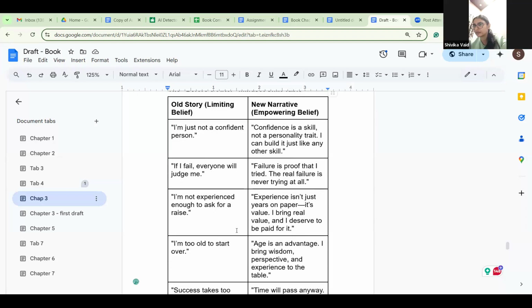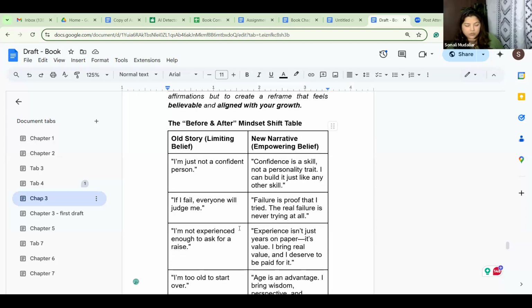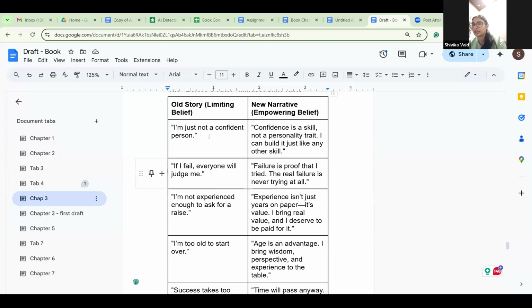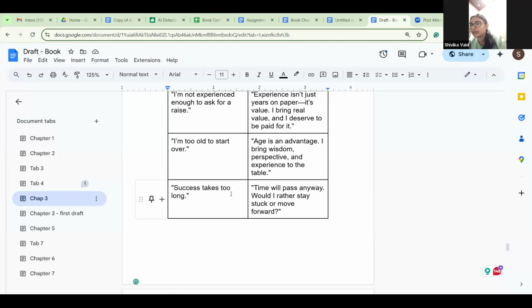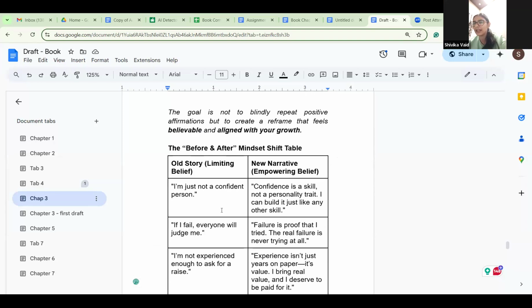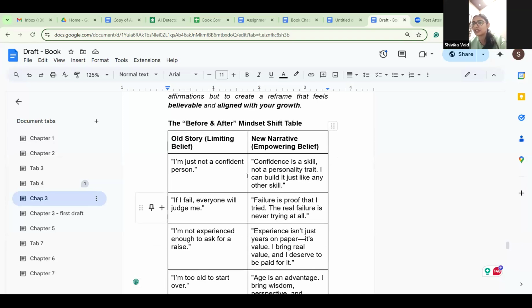Tell me one thing. What methods will you use to do the mindset shift from this table? Ma'am, I will use this table as I mentioned in the third step, because the first step is always accepting that this is the issue. No, that's not the whole point.